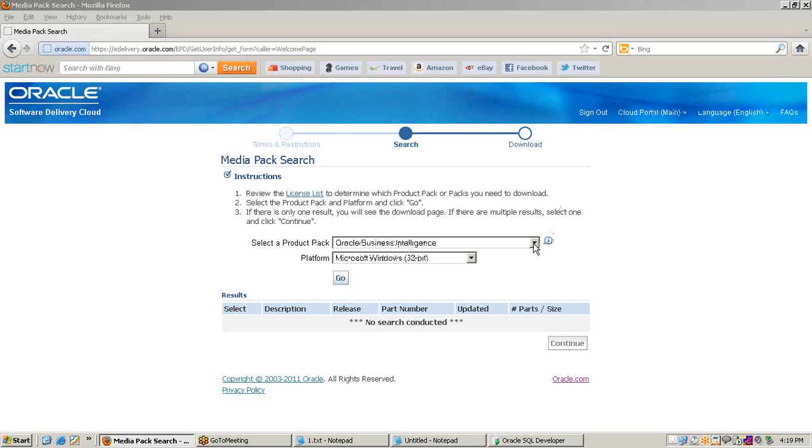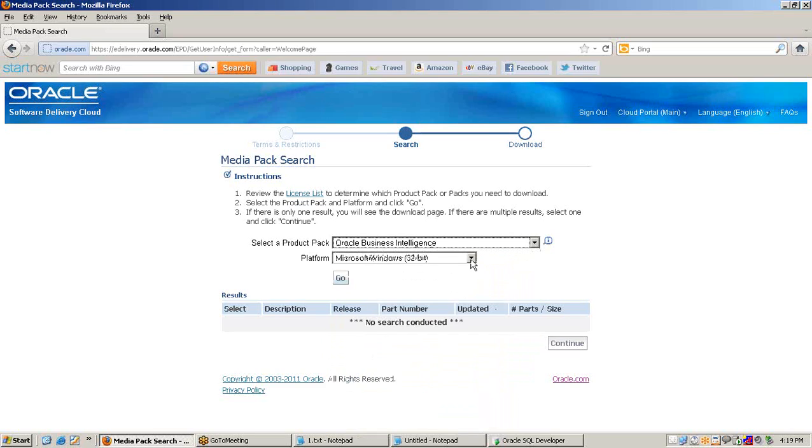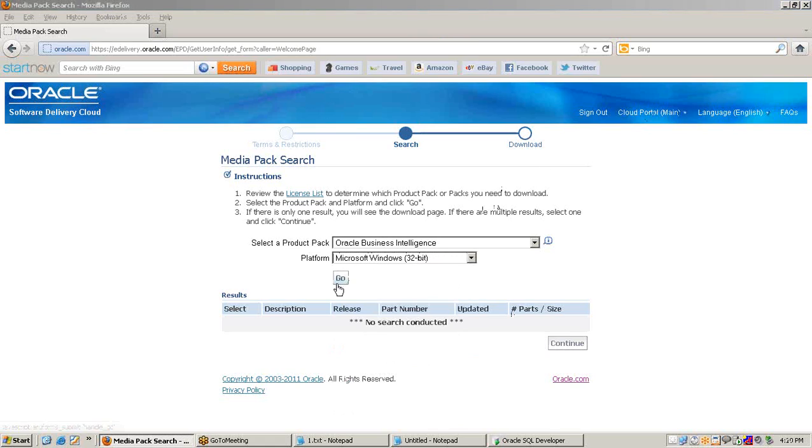Now just select a product pack. From the drop down list select Oracle Business Intelligence. Then you can select a platform for Oracle Business Intelligence. Here a number of platforms are available. We'll choose Microsoft Windows 32-bit, or you can choose according to your need. Then click on go.